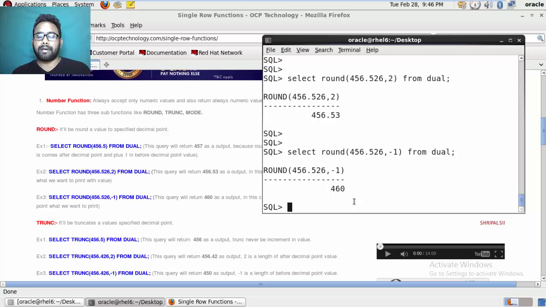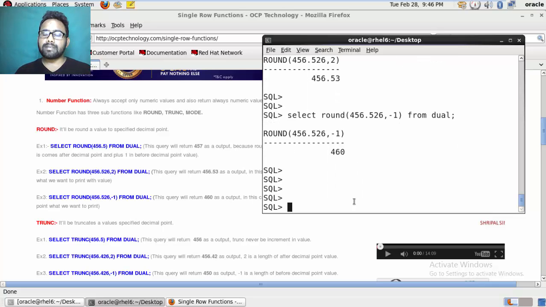The next function is trunc. Trunc is the same, but trunc does not increment the value. Basically, suppose select trunc 456.5 from dual. What does it return?